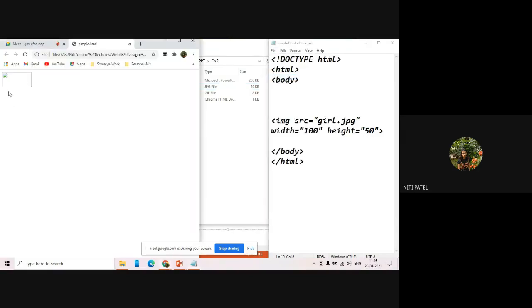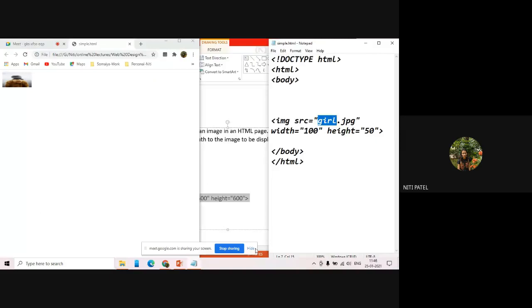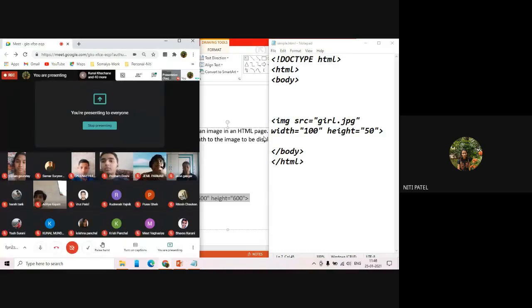Because I have renamed it with the name it has. Understanding? So if I change anything over here, it is not able to search that particular name inside this folder. Are you understanding? So even if I have not closed that image tag over here, still I am able to execute and see that particular image on my screen.